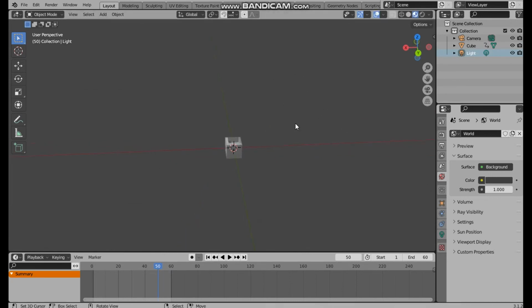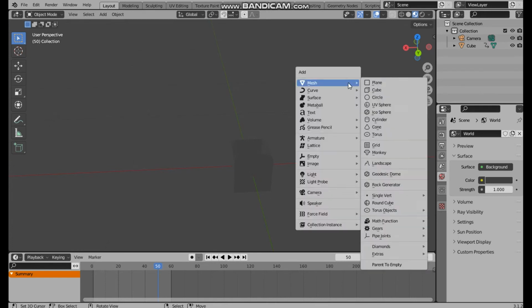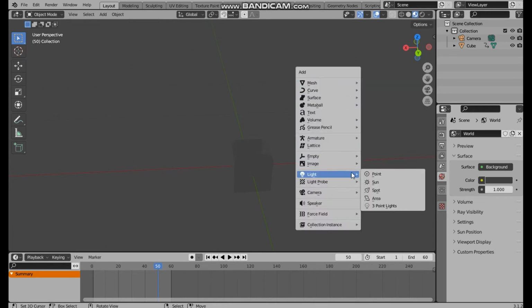I don't even see where it's at. I'm going to delete that light. That's probably stuck in the middle somewhere. So just anywhere on your screen, left click and drop to your 3D cursor, come down to light, and let's